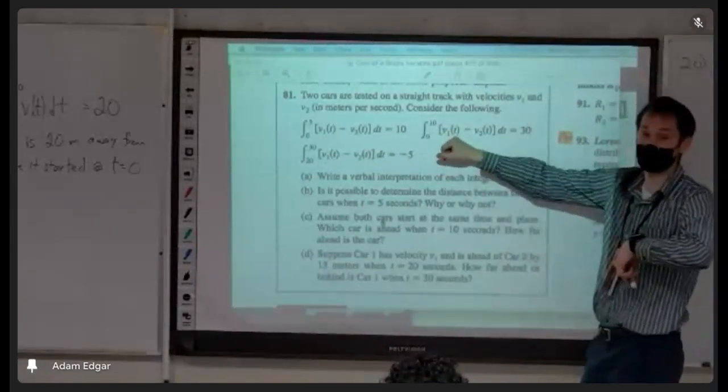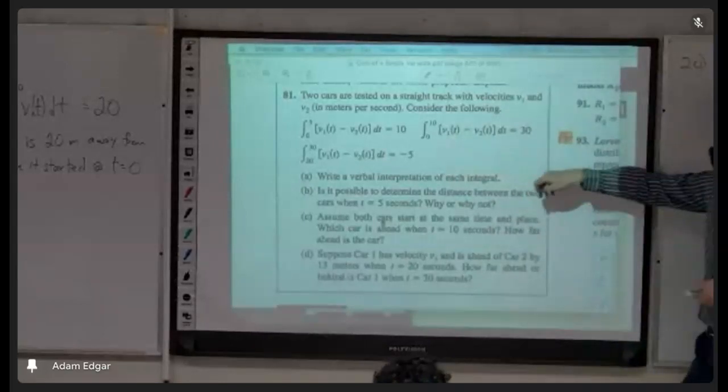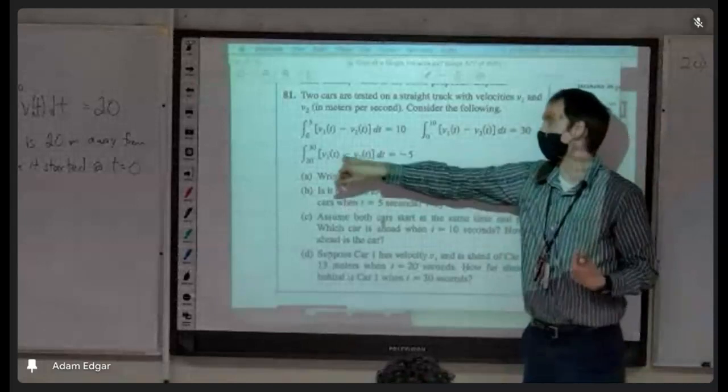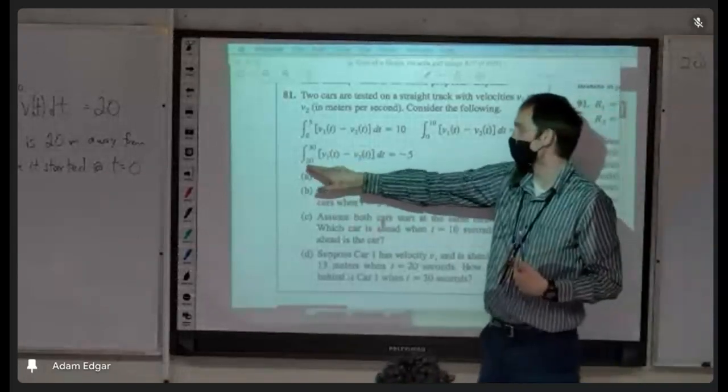Now car 2 is further along than car 1. So between second 20